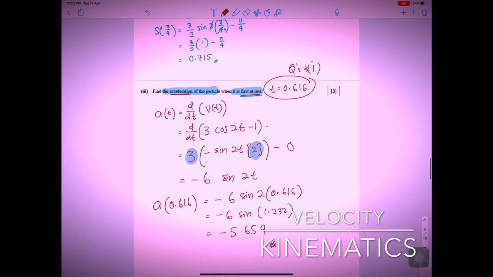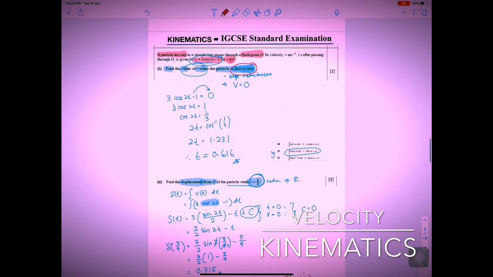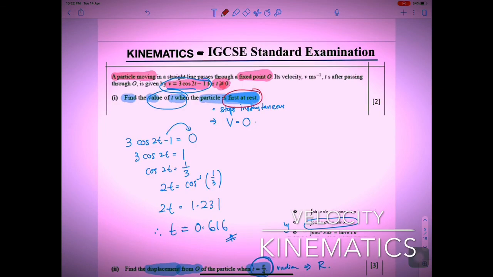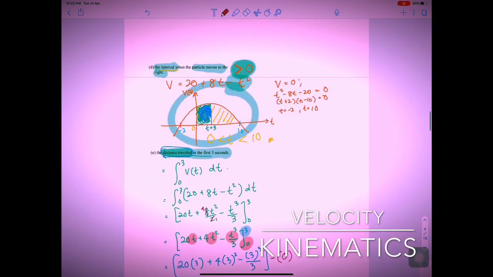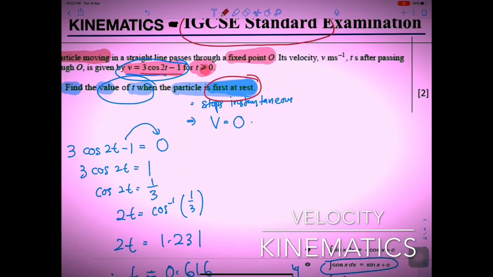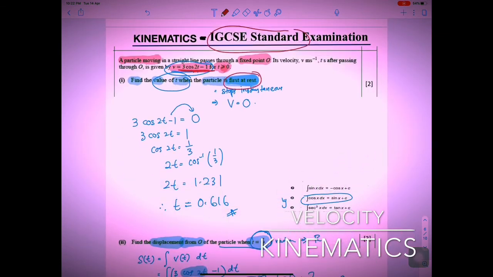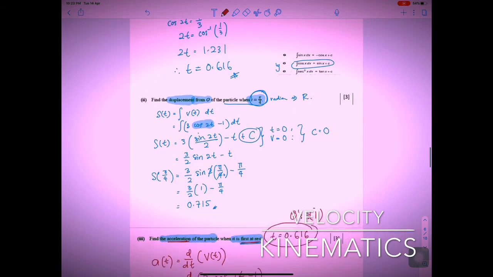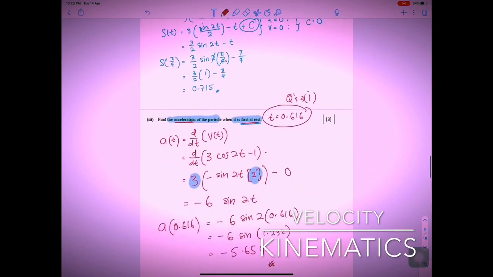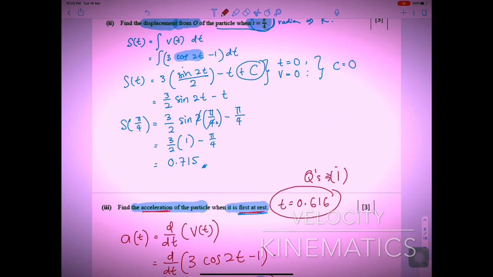If you can see, in any IGCSE standard examination, the question is not in the form of a direct function like SPM questions. Usually it is in the form of a trigonometric function, maybe, and possibly an exponential function. So I hope you understand what we discussed just now. Till now, thank you.